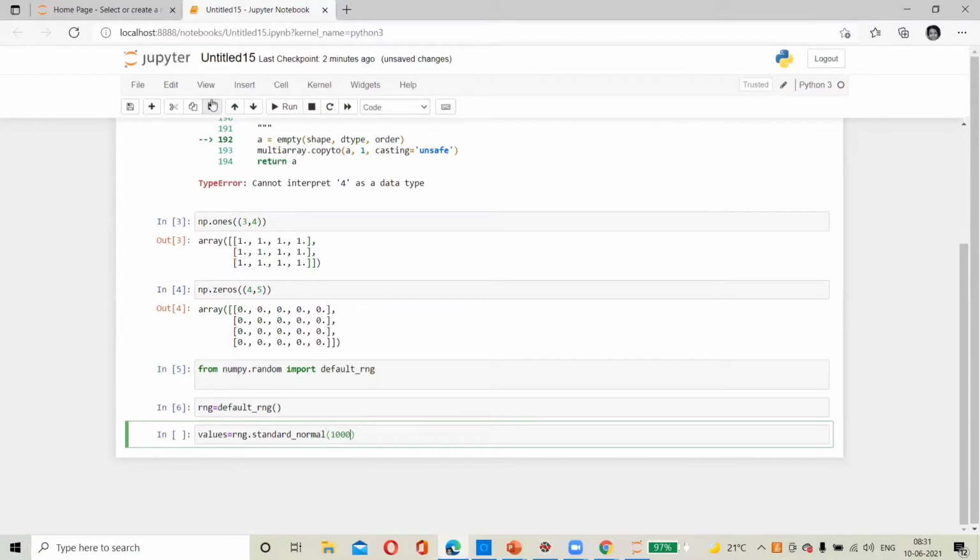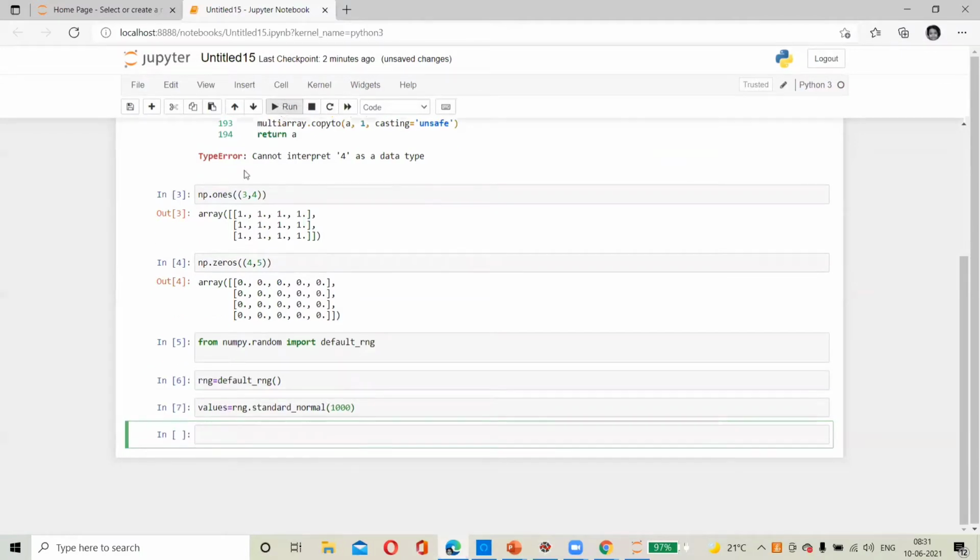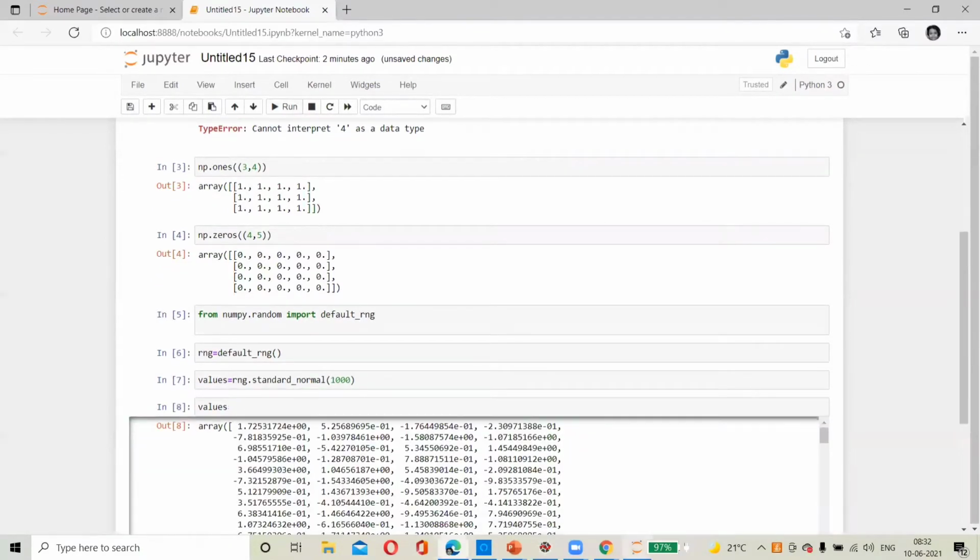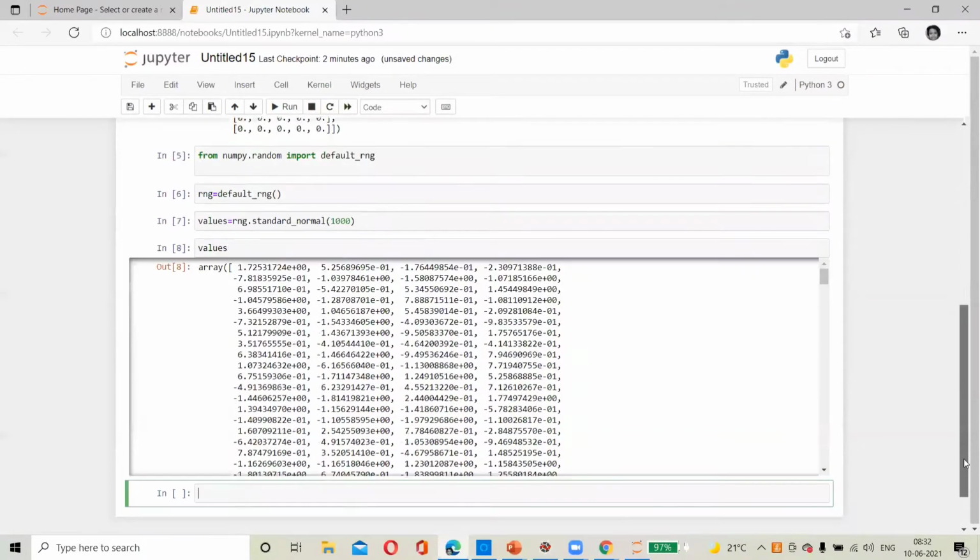So we will say values are this. If we say values, all the values will print.